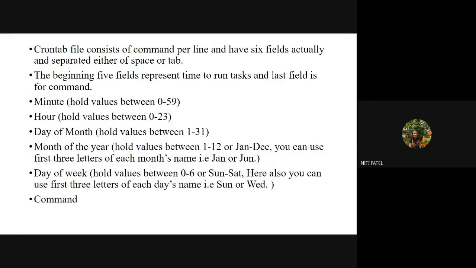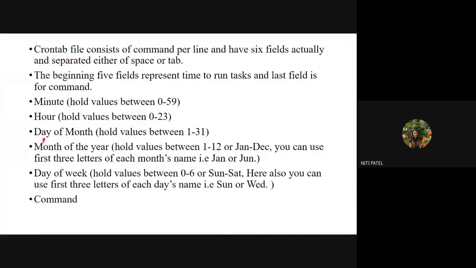Why? Because it is running at certain intervals. So if I want it to run at certain intervals, I have to give the time. So I am specifying the time in the first 5 fields, and what I am mentioning in the last field is the command which has to be executed. So what is the first field? It is minute, that means a value from 0 to 59. If I write 23, it will execute on the 23rd minute. So the first field is minute. The second field is hour. So if I write 23 1, it will start at 1 o'clock on the 23rd minute.